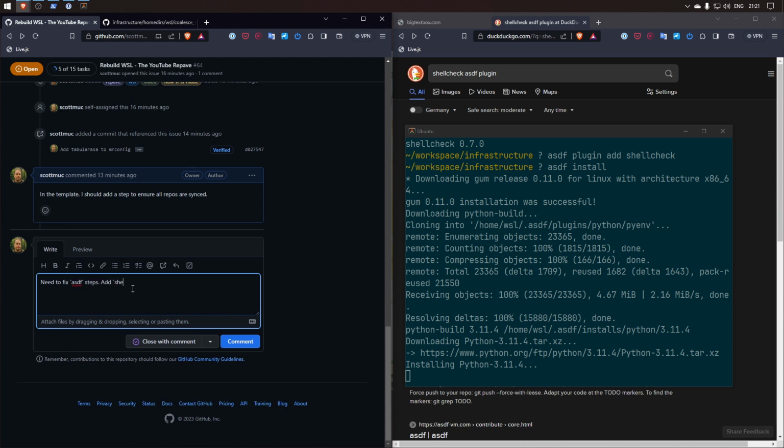Add shellcheck plugin. Also note that it should be done in the infrastructure repo. That's the sometimes awkward thing with ASDF, is that it is, what would you say, I guess contextual to the directory that you're in, and it does it in a hierarchy. This is, okay, this is the step